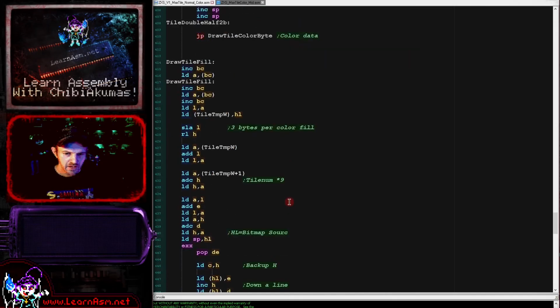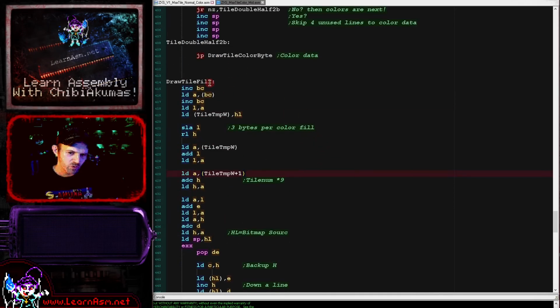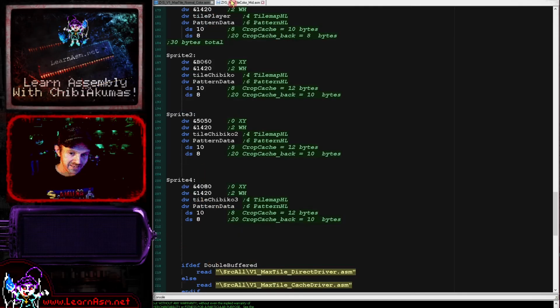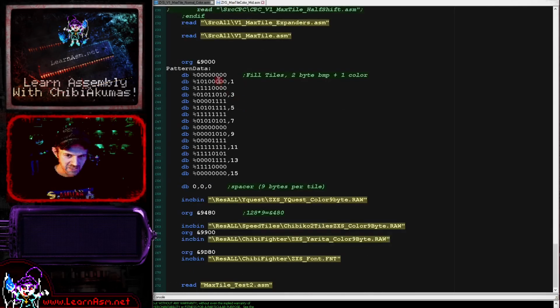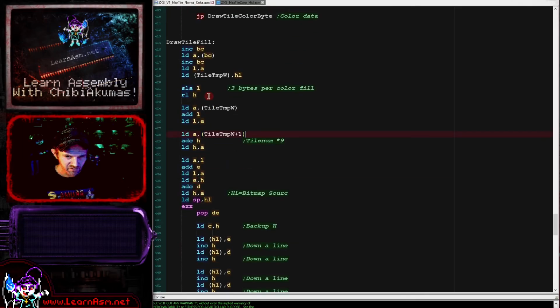Pretty straightforward. We've got the fill tiles, these solid colors here, including that weird flashing one. The flashing freaks me out, I don't know why. Anyway, for that, before we were just using the tile number as is as an offset, but this time, because we are mandating that the pattern information is 2 bitmap bytes and 1 color byte, we're actually multiplying by 3 here in the same kind of way as before, via bit shifting and